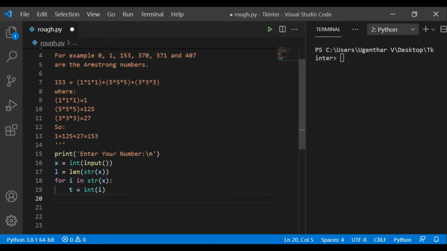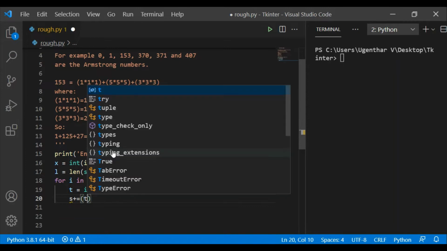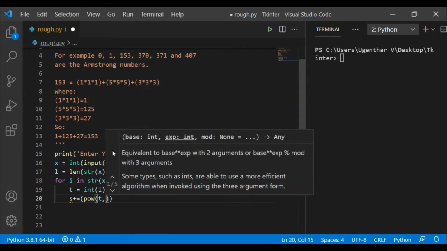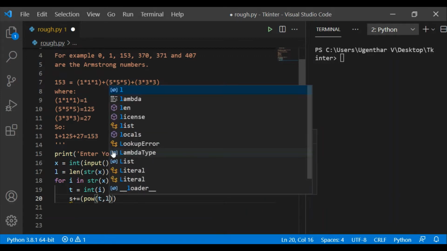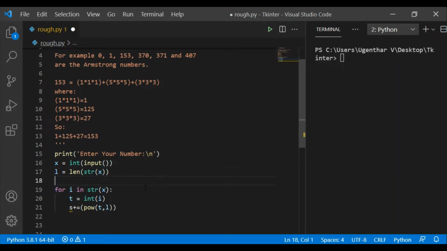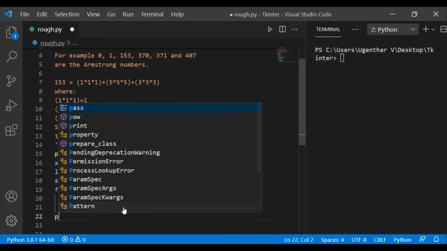Now I am getting each digit here, and I am going to add the power of t comma L, the length. s is the sum. Each and every time it will be added up, and at last we will get yes.